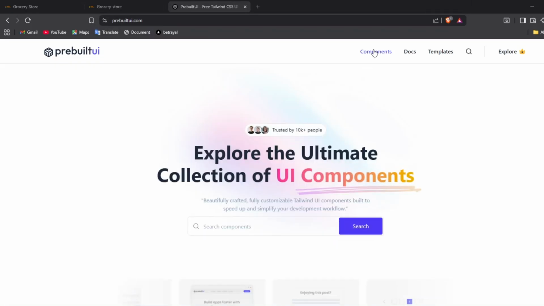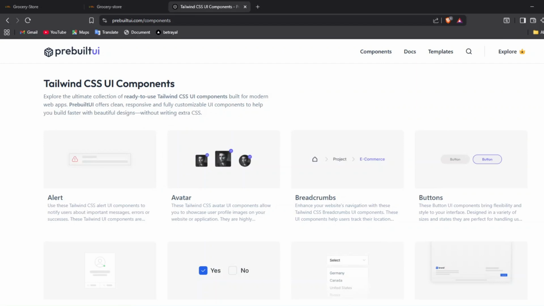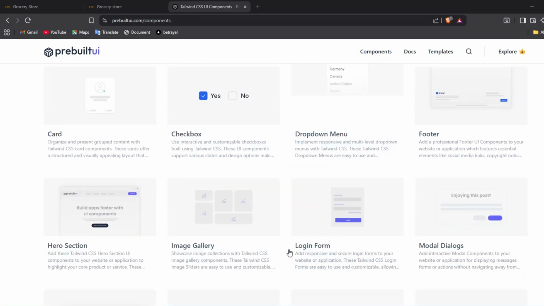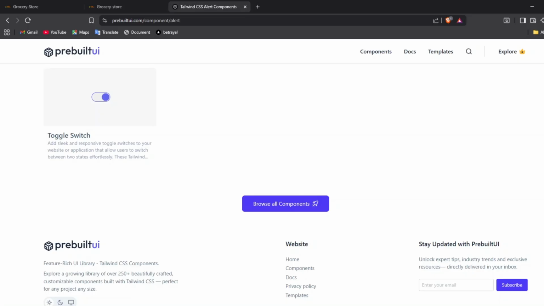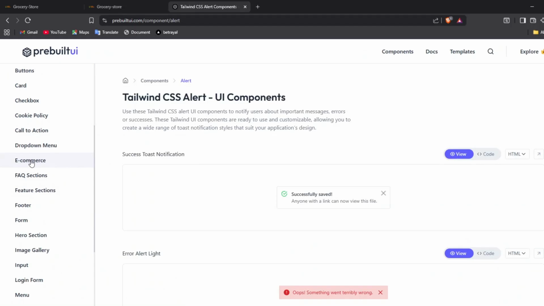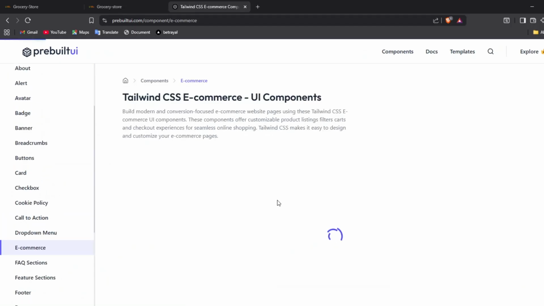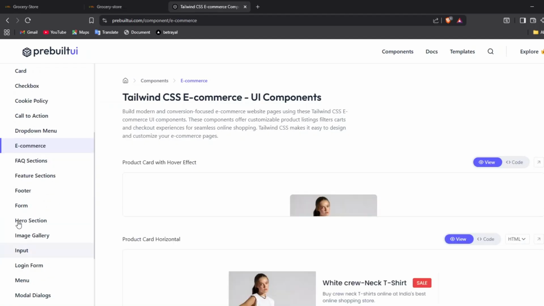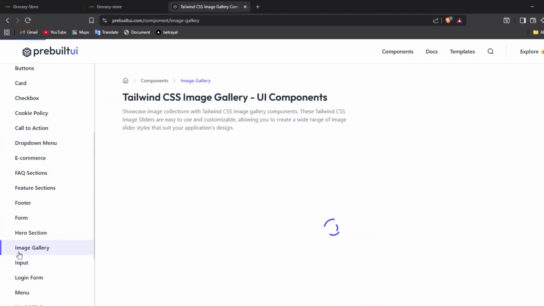So go to components, and here we will go browse all components. Here you can see we have one e-commerce menu in sidebar. No, we need to go here, gallery, image gallery, like this. Click on this image gallery,